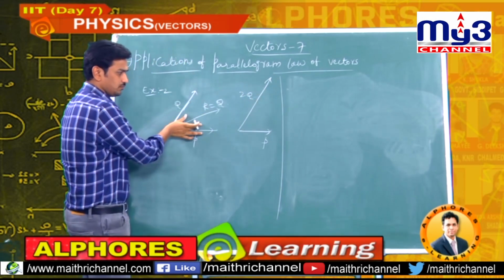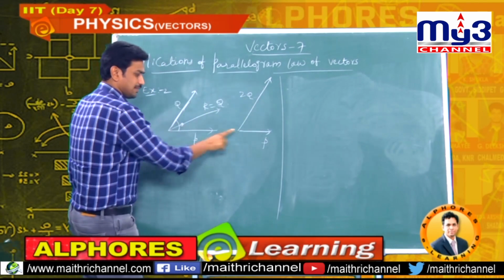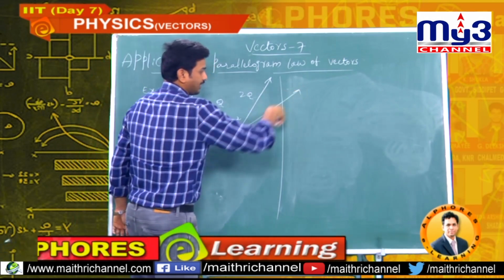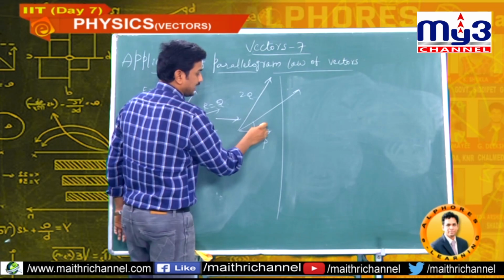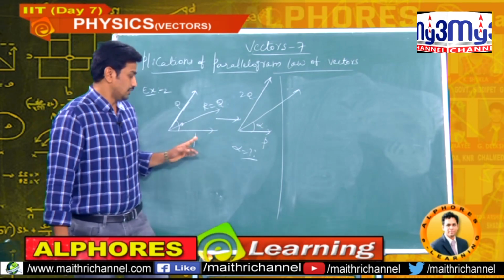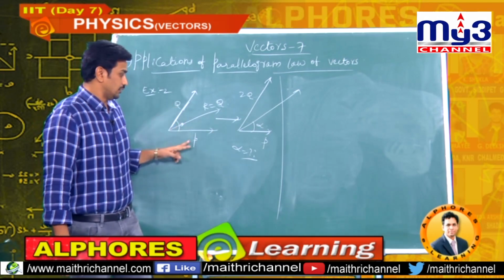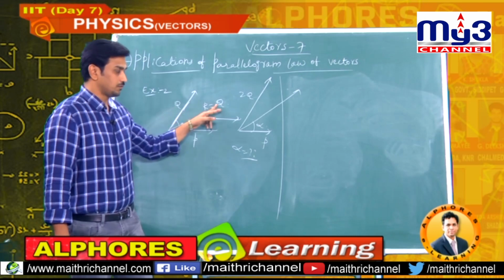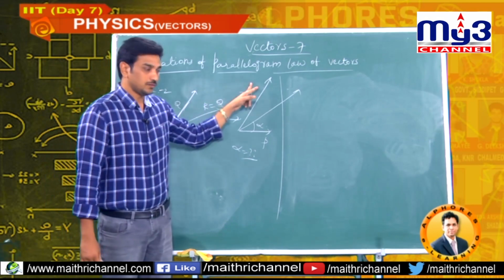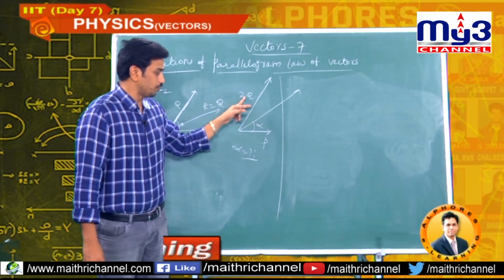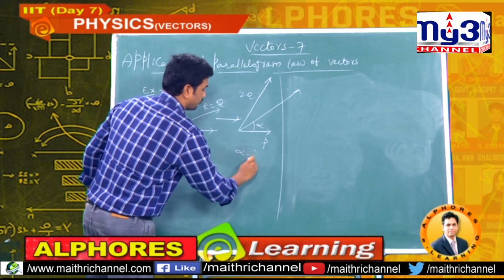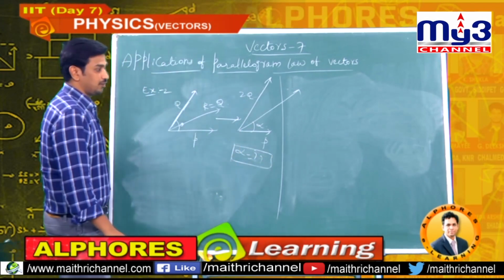This same question I am changing: P stays the same, but Q is doubled. Then the resultant vector with the P vector, what is the angle? This alpha they are asking. Once again, two vectors P and Q, the resultant of P and Q is Q. Now they change it so that P is as it is and Q is double. Now the resultant of P and 2Q makes some angle with P. What is this alpha they are asking? We should calculate the alpha value. How to calculate this alpha value?